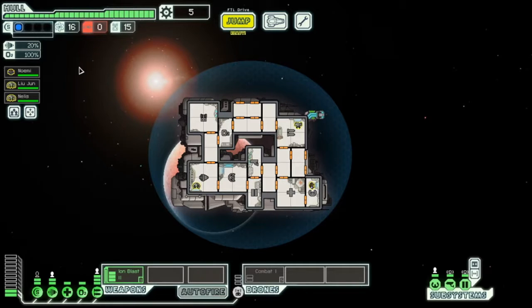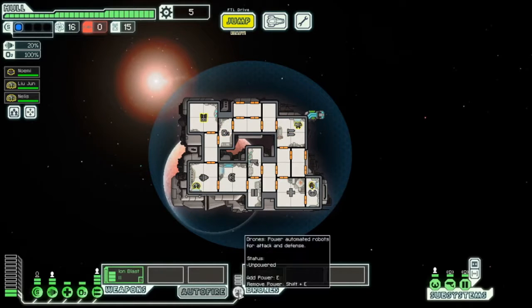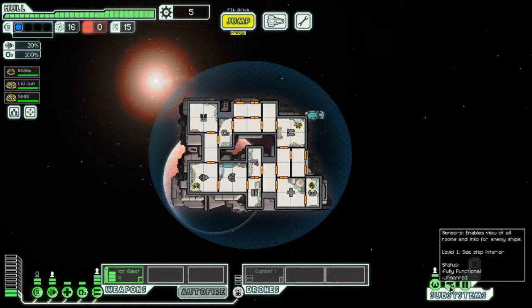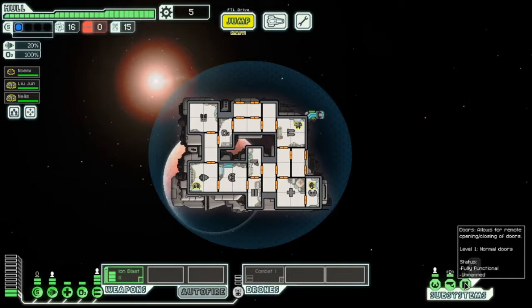This game is very much about timing, and there are hotkeys for basically everything. So I am going to be using hotkeys, but I will narrate what I'm doing. So just so you know, shields are here, engines, med bay, oxygen, weapons, drones, and then here is the pilot, sensors, which let you see stuff inside your ship. Oops, I just paused it. And doors. If the doors system gets knocked out, you can't open and close doors like that. And that's very important because you need to be able to vent fires and stuff. So yeah,